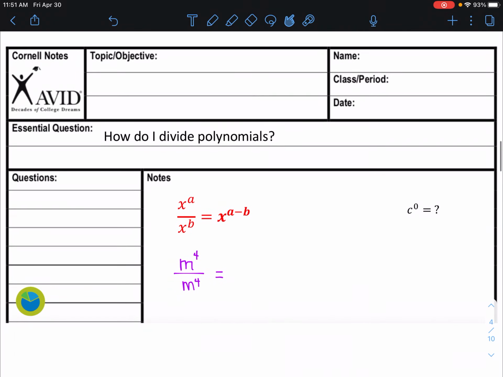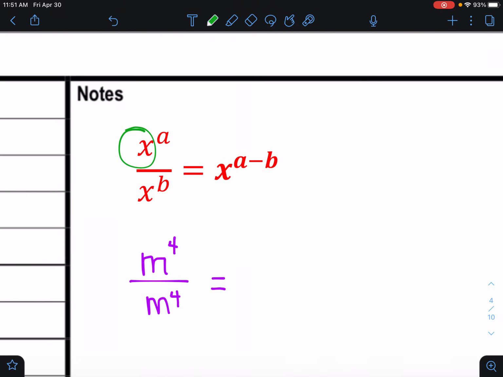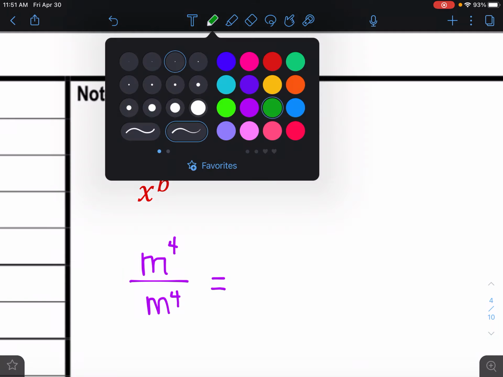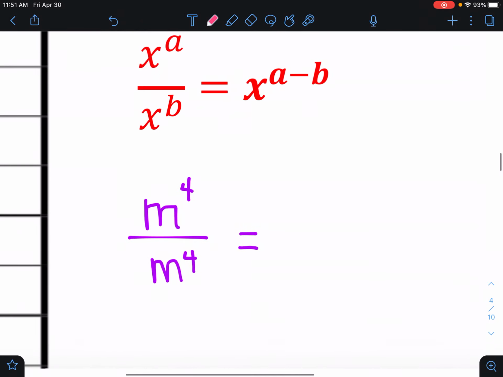So now let's talk about a couple of weird things that happen as well. So when you're dividing, as long as their bases are the same, you can subtract their exponents, right? So that's what it says here, x to the a minus b power. So if I look at this here that I've written, m to the 4th divided by m to the 4th. Well, you know that anything divided by itself should be equal to 1, right? Another way to look at this would be,